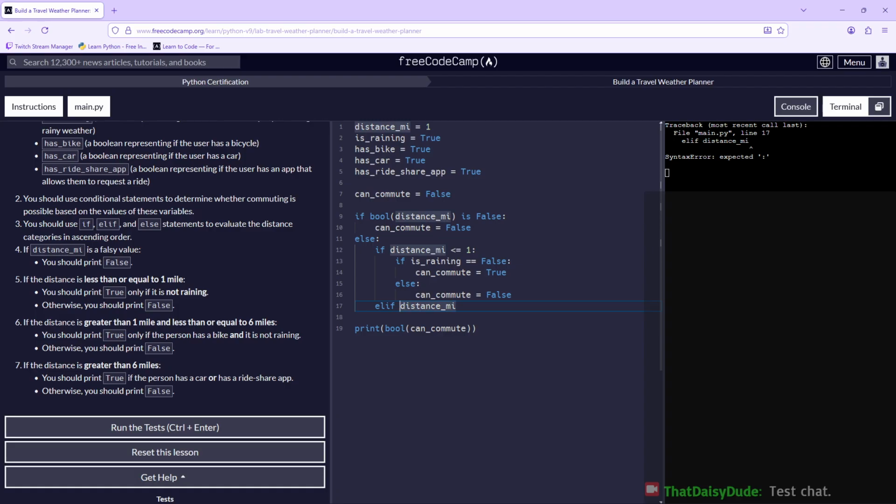Okay, we'll do this. Oh boy, this is not readable, but this is what we're gonna do. Okay, so put this in parentheses and we'll say if